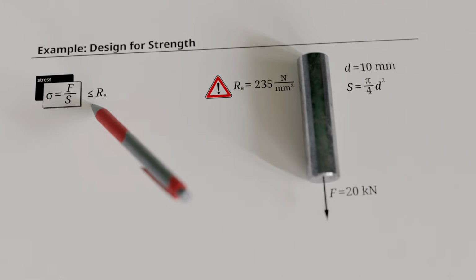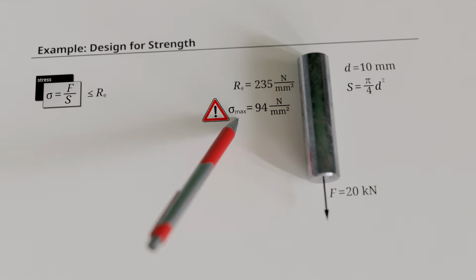Moreover, the yield strength is determined under standardized test conditions that may not reflect real-world applications, for example differences in specimen geometry, surface quality, temperature, or loading rate. Therefore, a safety margin must always be maintained. Depending on the application, especially if failure could endanger human life, the allowable stress may be significantly lower than the yield strength. For the considered steel bar, an allowable stress of 94 newtons per square millimeter may be specified and